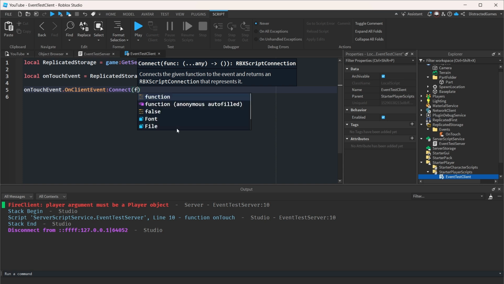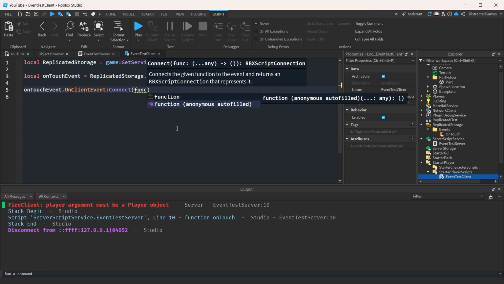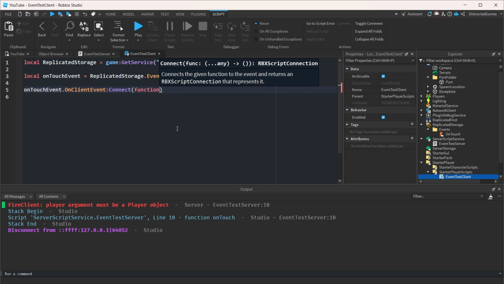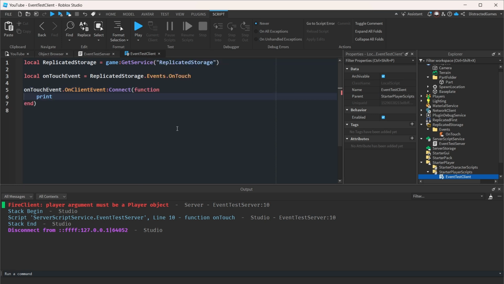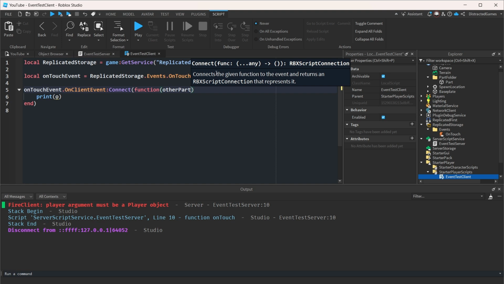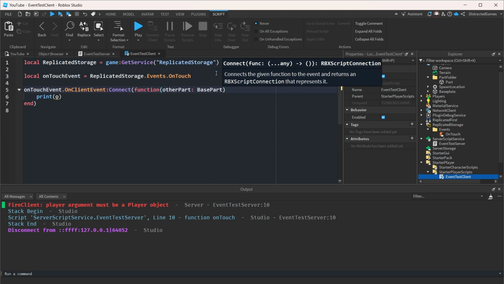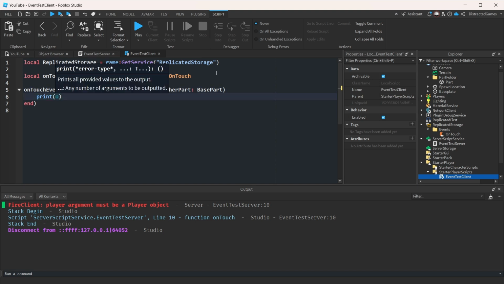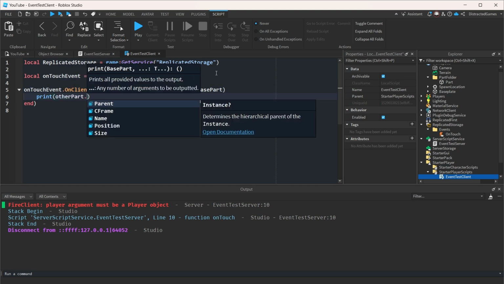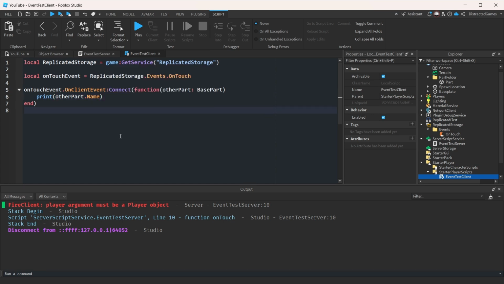So in here, we're going to go ahead and do an anonymous function. There's no arguments to be filled in there, so we're just going to do this. And I'm just going to go ahead and print. Well, actually, it is passing in something. I'm also doing this incorrectly anyways. Here we are. So we are passing in, of course, the other part, which we know is a base part, but that's unimportant for now. Now we can do the same thing we were doing here, other part dot name. And now when we run this,